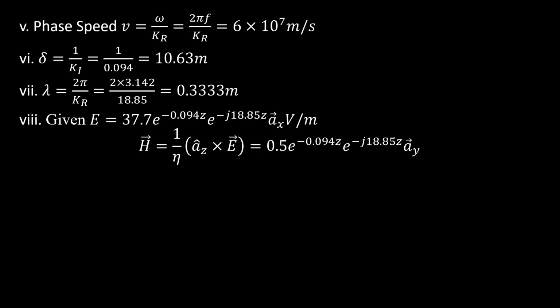So finally, the electric field is given as this. If this is our electric field, then don't forget this formula for our H field, which we can get. This is just a cross product that we can look for at any time. The cross product of, I think, a_z is just going to cross a_x to give us a_y here, our direction of the H field. Then if we substitute our intrinsic impedance and do a little bit of arithmetic